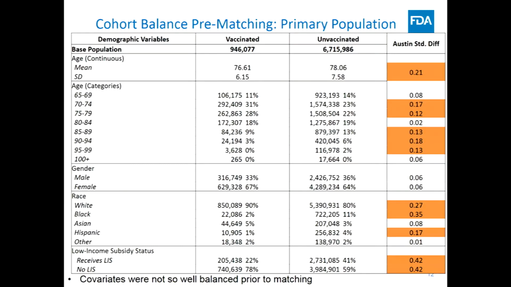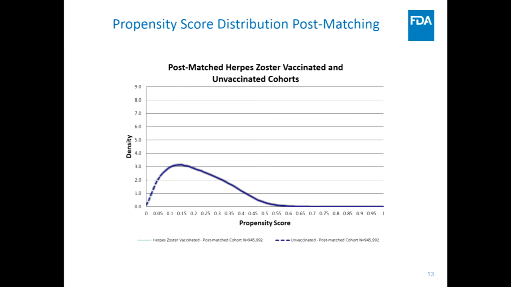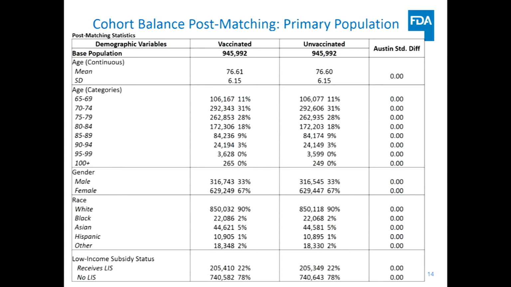It is older. So then we match, and then post-match, voila, the miracle of science, right? The two cohorts are wonderfully consistent: propensity scores, Mahalanobis distance, miracle, and then we look at the age. The median age is 76.61, and this one is 76.6. So it's not exactly matched, but I don't know how many clinical trials can do that.